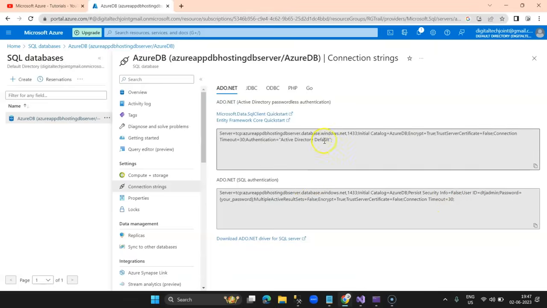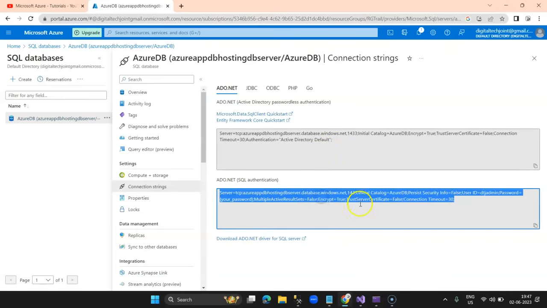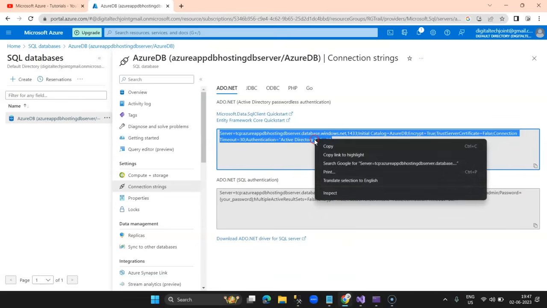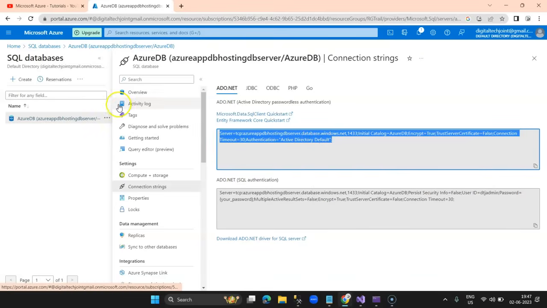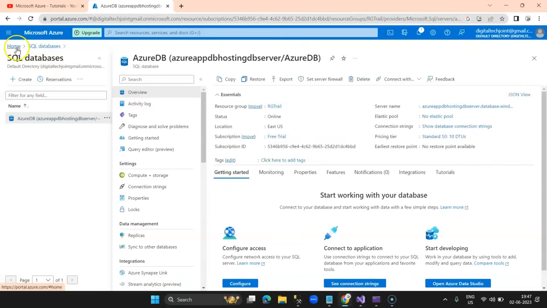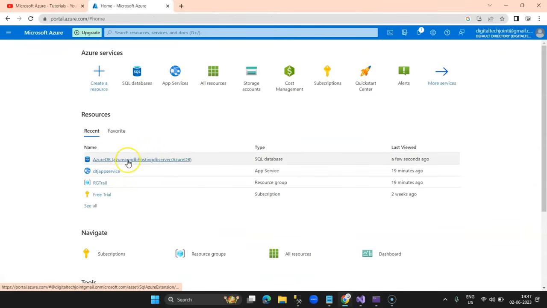What we're going to do is copy this connection string. This will be required. So I just copy the connection string over here, and then we are ready now. So our database is also set, and it can be seen over here. Now we'll go back to our Visual Studio,